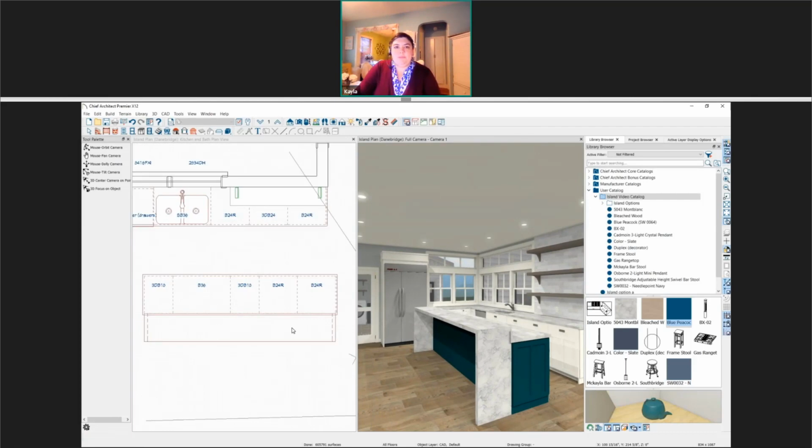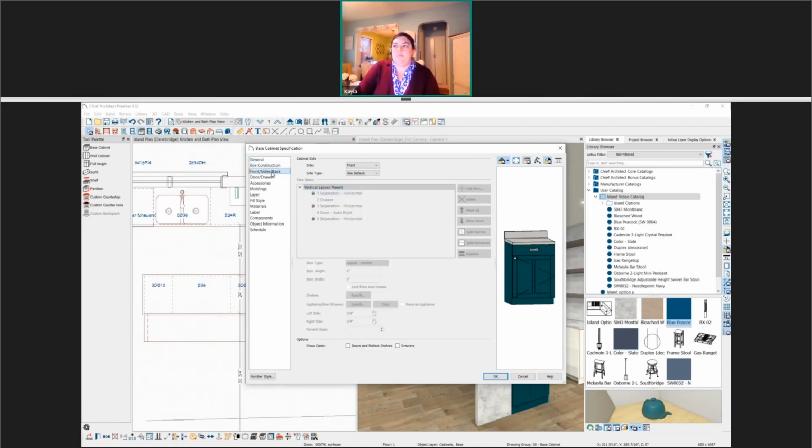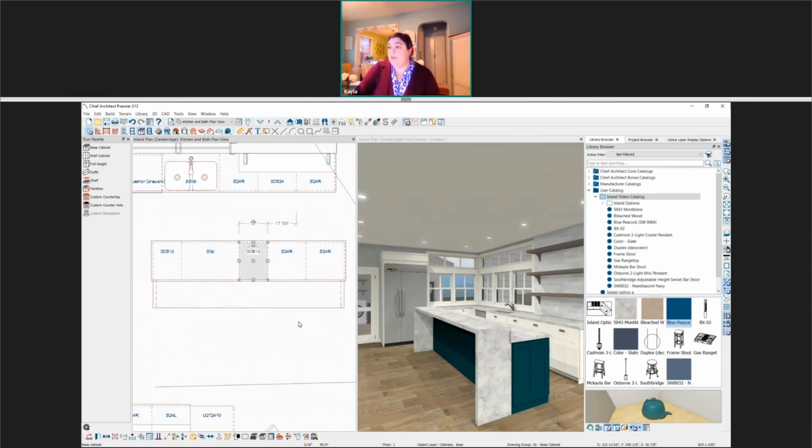Now, the reason why I'm placing these panels independently is that you can open up a cabinet, and in that same place where you can edit the components of a cabinet, you can also edit the left, back, or right side. So we could place a cabinet panel here, but I have a number of different sizes for the back of this cabinet, and I would like the panels to be evenly spaced. So I don't want to have a 24-inch back cabinet panel here and a 36-inch one here and an 18-inch. That just wouldn't work for the look I'm going for. So that's why I'm placing them independently.